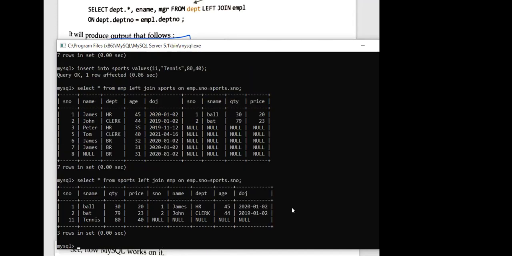Yes, it will be total 3 rows. 3 rows क्यों? Because just now we have inserted one more. Fine. So total 3 rows of sports, and you can see that first 2 were matched, so complete information is shown. And wherever unmatched was there, it is shown with the null value. I hope this is very easy and very much clear to you. That is what is left join.